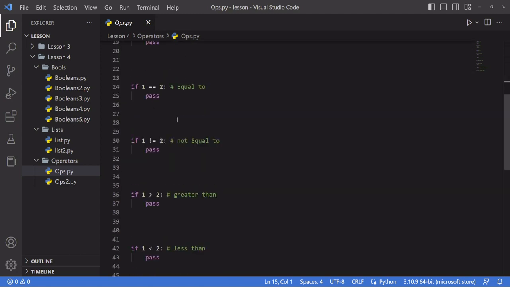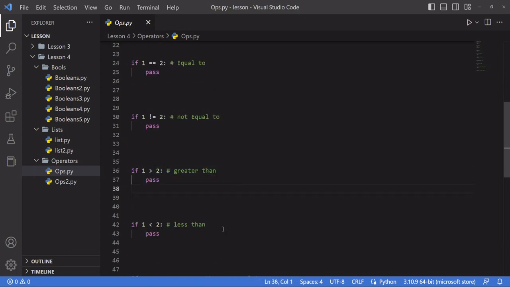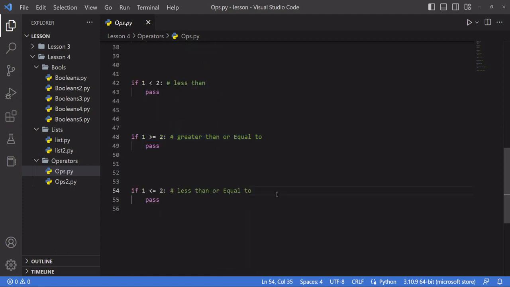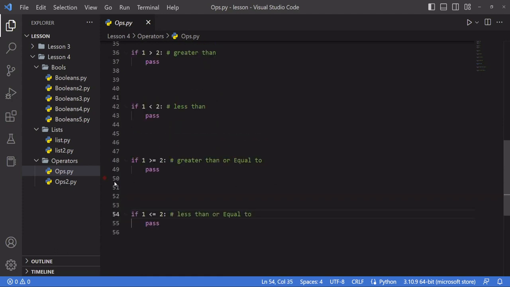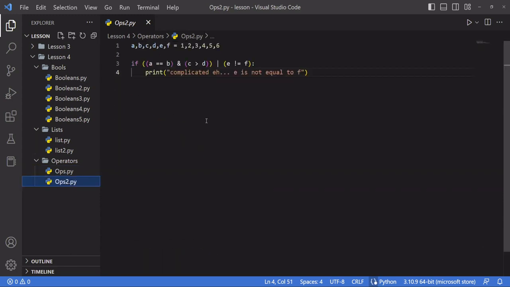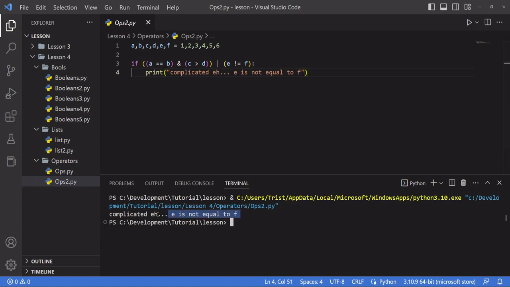Additionally, there are comparison operators such as equal to, not equal to, greater than, less than, greater than or equal to, and less than or equal to. These are used to compare two values. All of these operators can be combined in intricate ways to create complex expressions that are used for a variety of logical operations. For example, the statement A == B can be used to check if two values